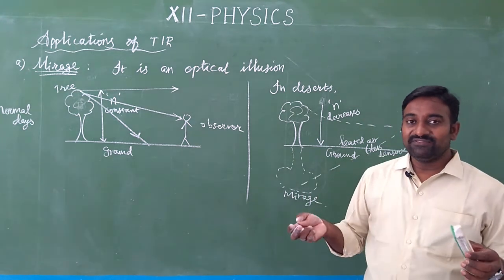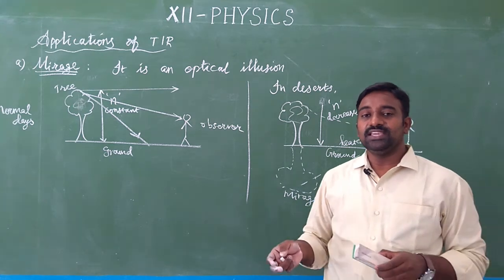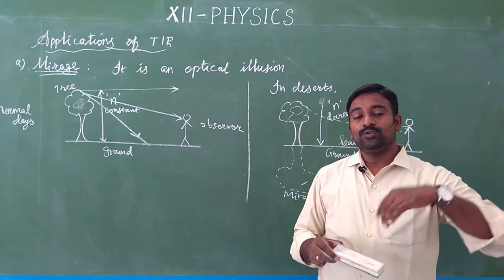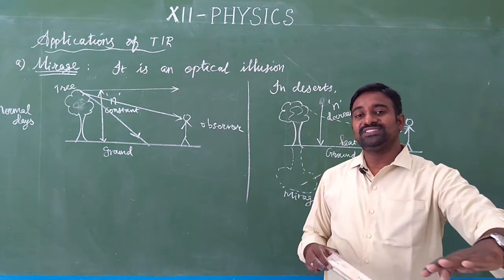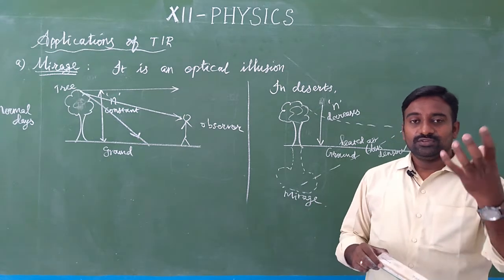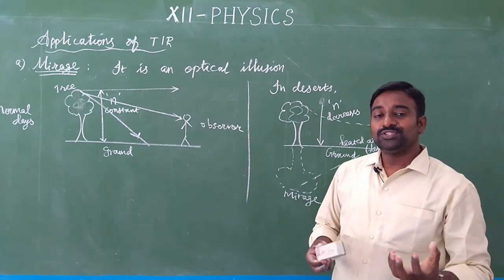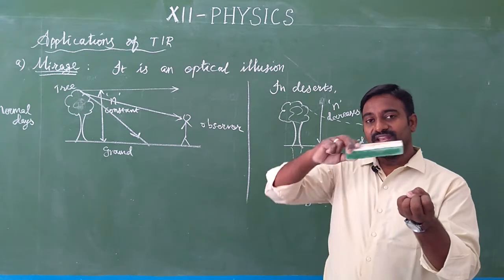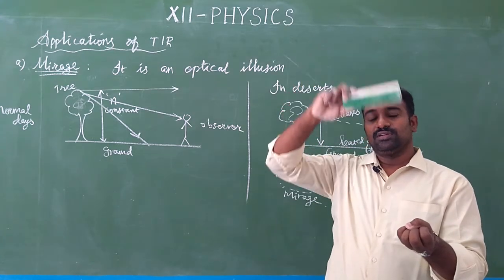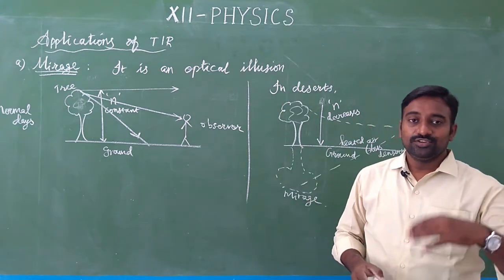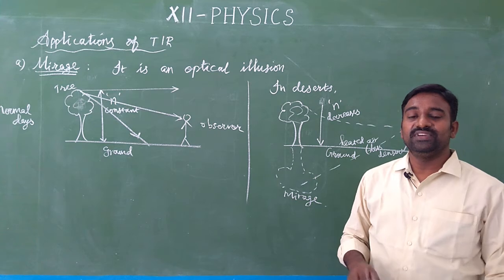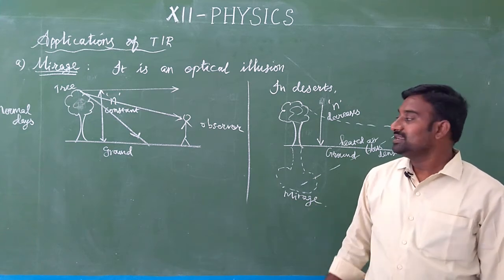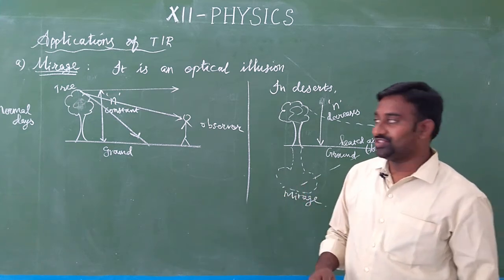So we are safely sitting inside the car with the AC, so the air is more dense. But outside the car, very close to the road surface, the black surface traps more sunlight, so the air is heated up and becomes less dense. But above the road, the air is highly dense. So due to the two different densities of the air medium, there is a water-like appearance that we call a mirage. Okay.